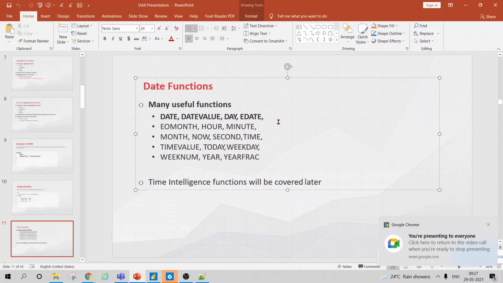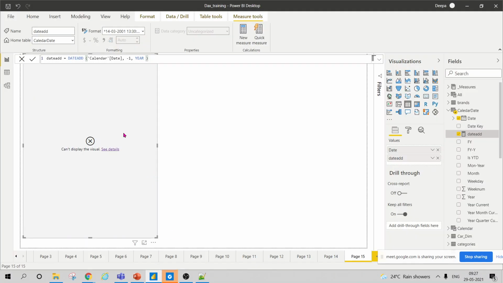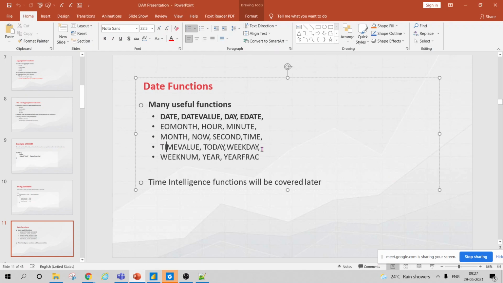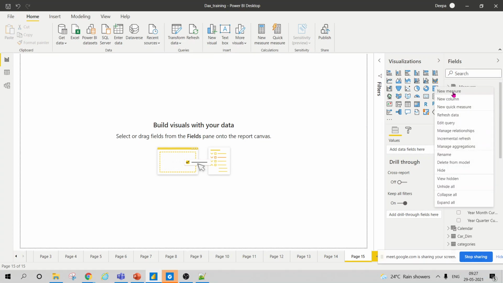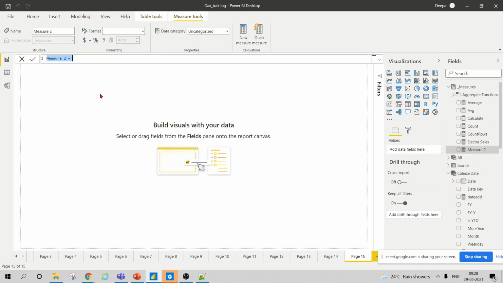So we checked the hour, minute, all these things. You just return hours, so it will return you the hour of the time. Nothing much, it's quite intuitive. TIMEVALUE will return the value of the time. Like here, I will check on it. Today my Power BI is not happy with me, so it is not giving me good results.